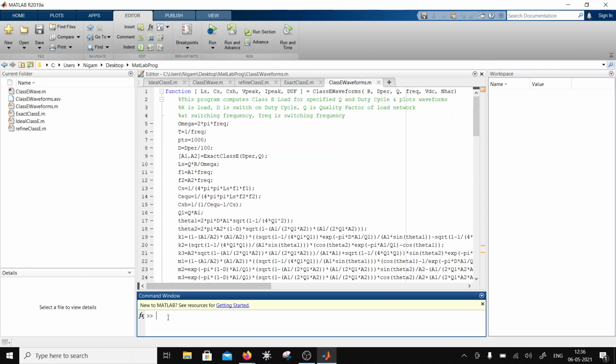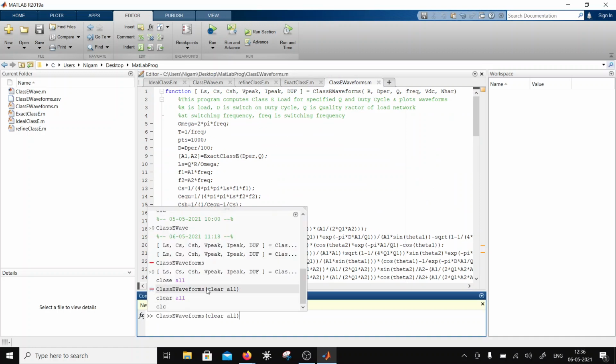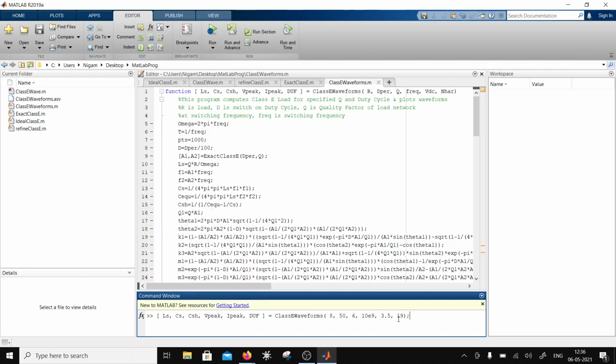All I have to do is give a certain input. Let's say I'm going to design for a load resistance of 8 ohm, or let's say 10 ohm or whatever. The duty cycle, let's say, is 50% over here. The Q is 6, the frequency I'm designing for is 10 gigahertz, the supply voltage is 3.5, and the number of harmonics I'm seeking in a solution is 19. Once I do that and hit this,